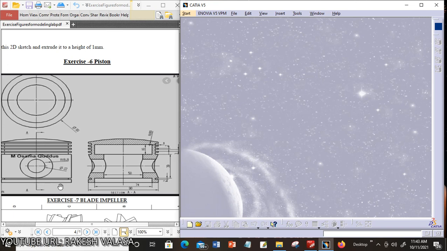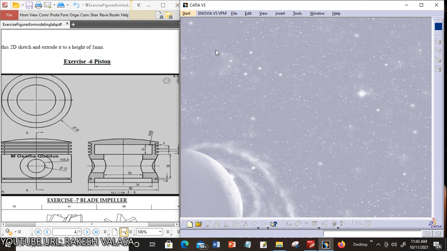Then you can apply the shaft tool for revolving the entire half of the 2D sketch. You can see here the front view top having four grooves. The four grooves dimensions are: depth is 3 mm, thickness is 2 mm and width is 4 mm, and the top having one curve. The curve radius is 189 millimeters.